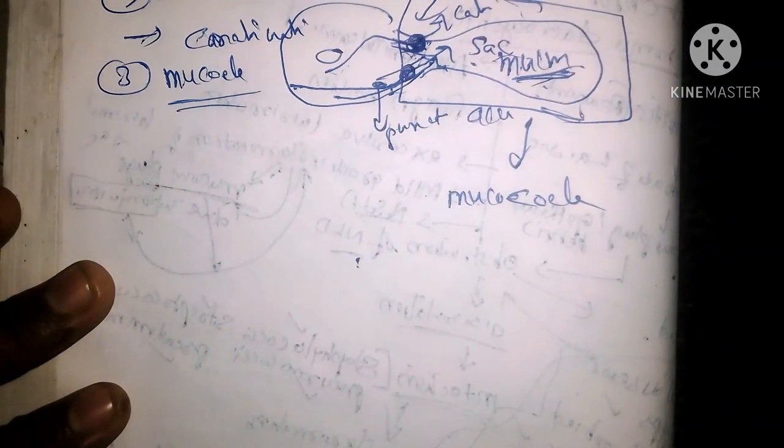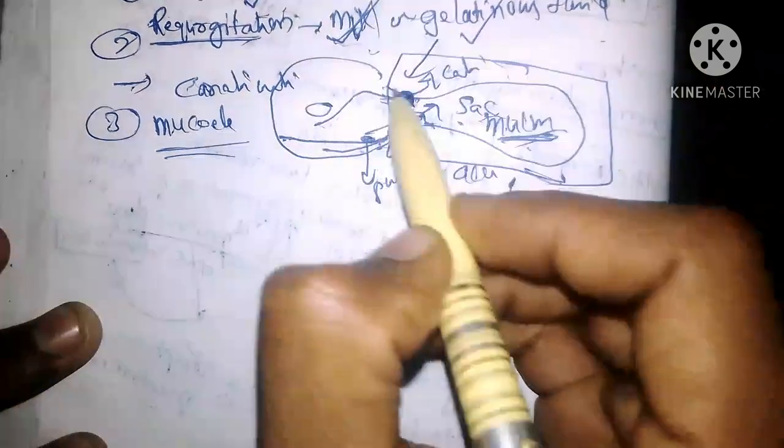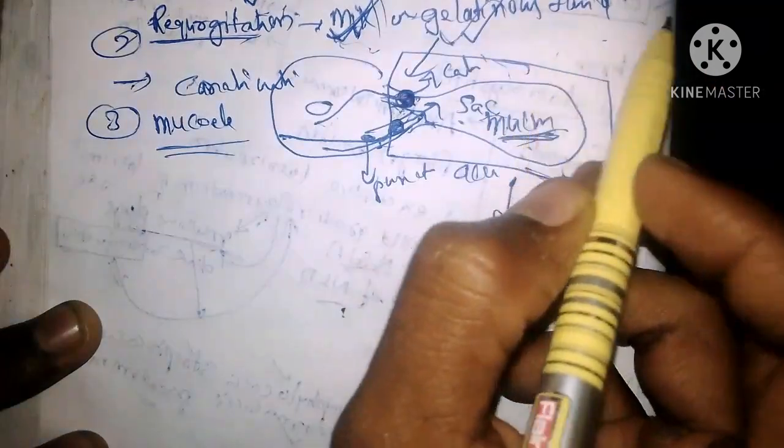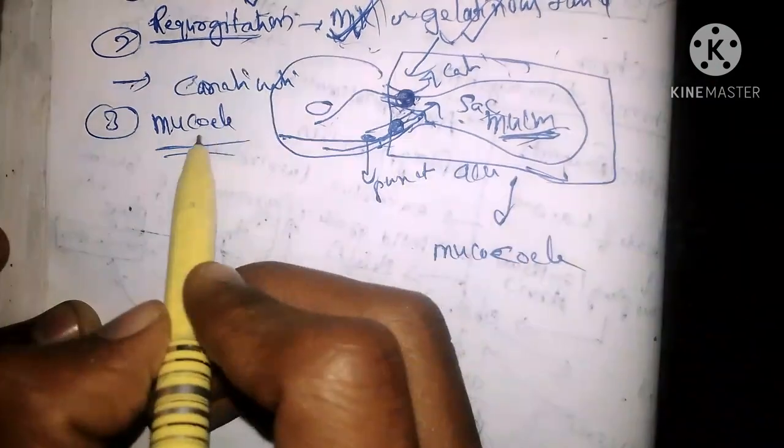In the first stage, what we remembered is redness at the inner canthus, and size normal, and there will be epiphora. Actually, only one thing you have to remember in the first stage, that is redness at the inner canthus. In the second stage, we have to remember three things. First one is size increases, second one is the regurgitation test. In the regurgitation test you will see milky or gelatinous fluid coming out from the lower puncta. Third one is mucosal.